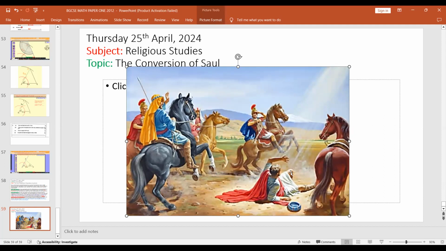So we said, Saul, Saul, why are you persecuting me? And so this is a picture that shows what happened. He was riding along on the way to persecute some Christians, and then there was a great light, and he fell off his beast, and he heard the voice, and it said, Saul, Saul, why are you persecuting me? He was confused, you know what I mean? And what Jesus was basically saying is that when you persecute my followers, you are persecuting me.